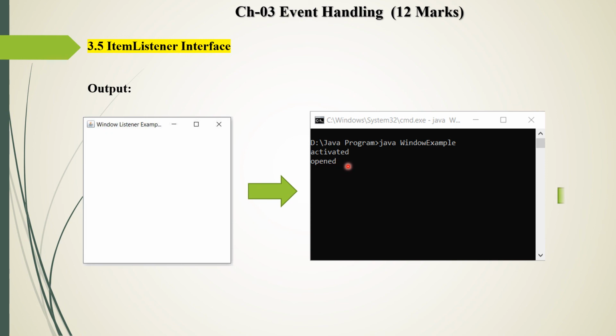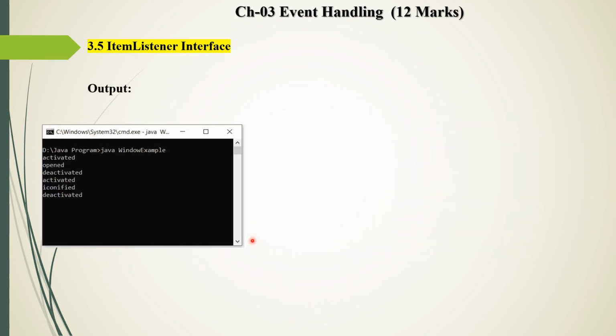Then, when I minimize that window, the next three methods are executed. First is deactivated, second activated, deiconified, and again deactivated.